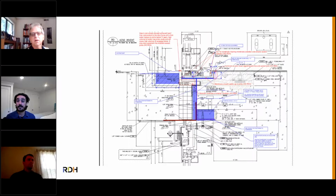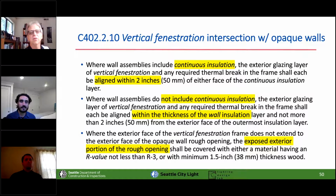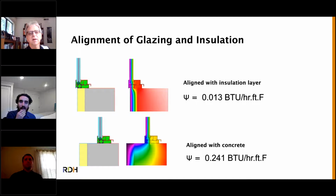And here are a number of photographs of other kinds of balconies that are bolt-on, or only need to penetrate the insulating layer with bolts and not with a cantilevered slab. All kinds of examples. The one caveat I should mention is that crane time on some projects is really valuable, and so you might end up having to crane things into place in the middle of the night. Let's go past these words, and let's let RDH talk